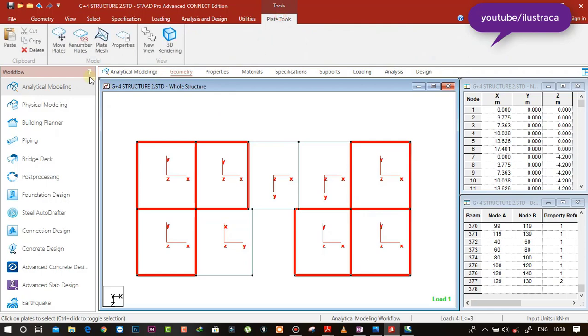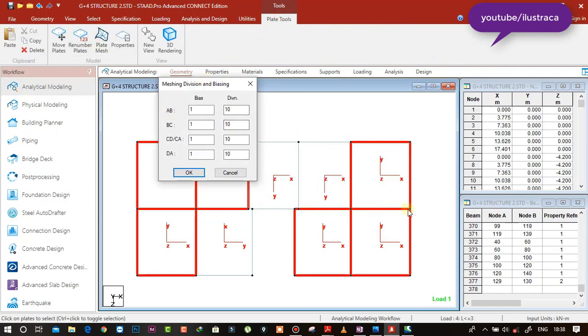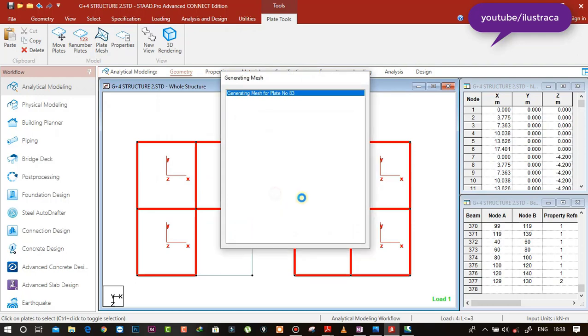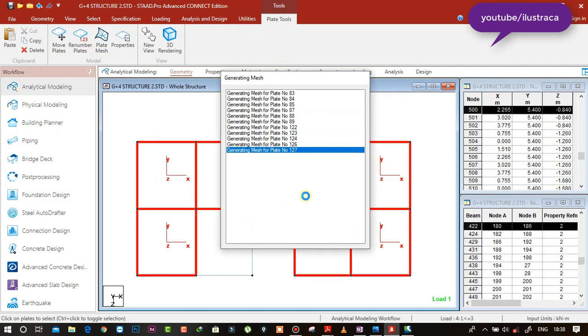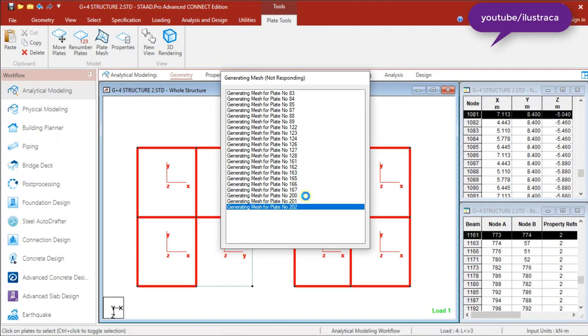So go to plate tools and plate mesh, and you can find AB, these values. So this is AB. I'm going to give 5/10 meshing and OK, and we'll be going for quadrilateral meshing and click on OK. The software is going to create the meshing for these plates.